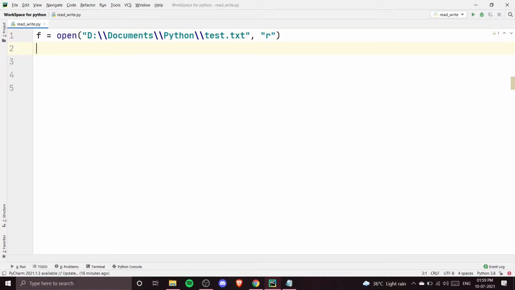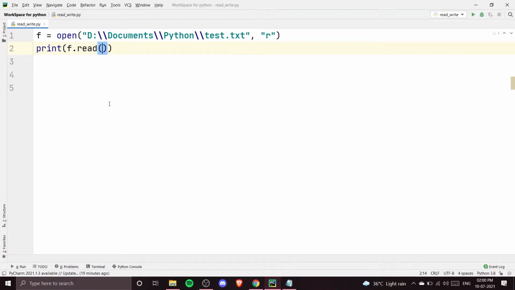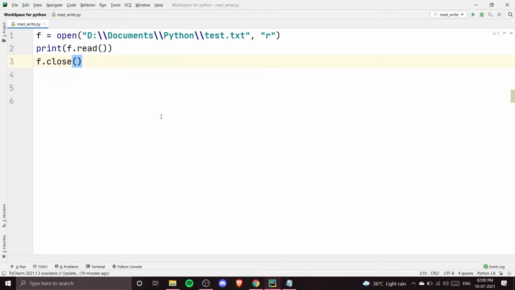So let us print the file. I can just write here print, and inside this I can write f.read, and this is going to read my file. And always don't forget to close your file, so I can say here f.close. So this is how we can read the file.